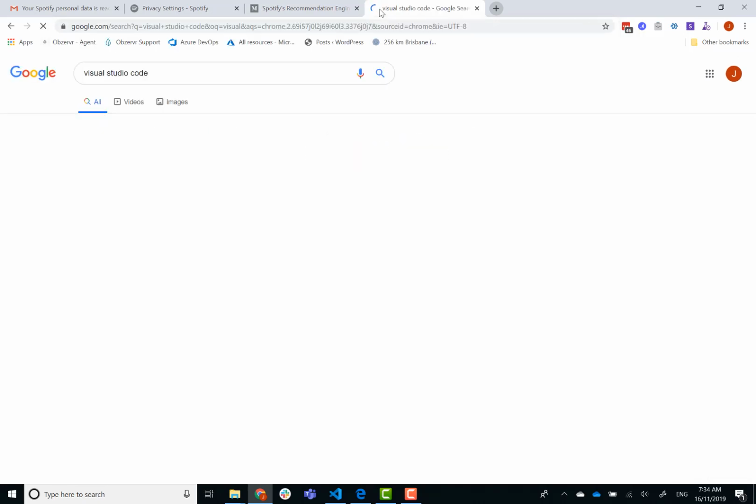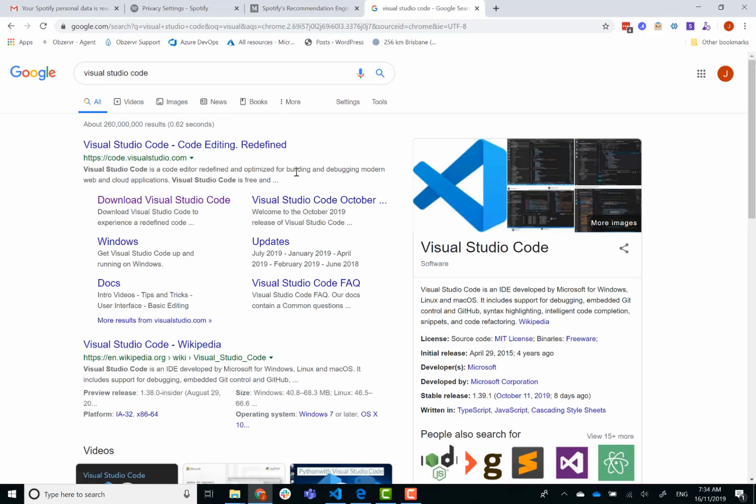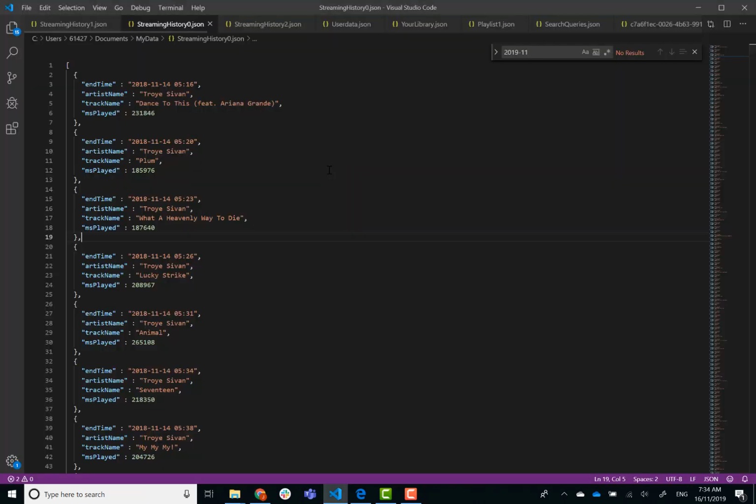It's just, and it's free. Like, that's why I use it. I only use it because it's free, and I look at this stuff a fair bit for work. So what you'll see here is, I've just jumped into Visual Studio Code, and what I've done is I've